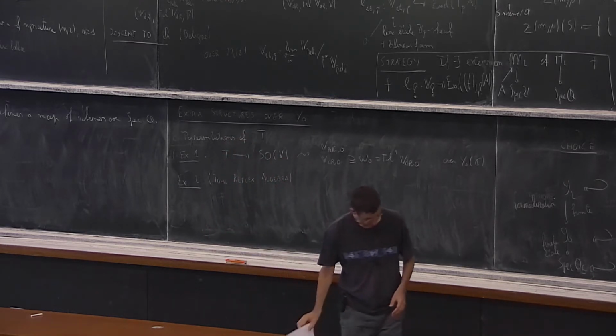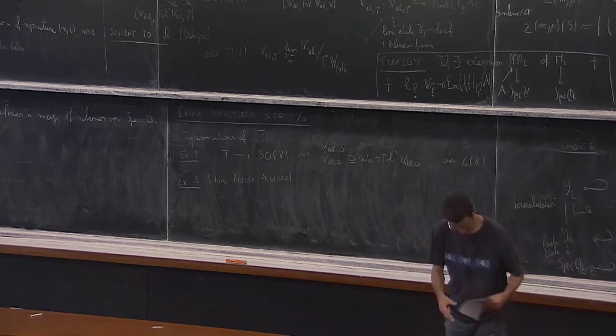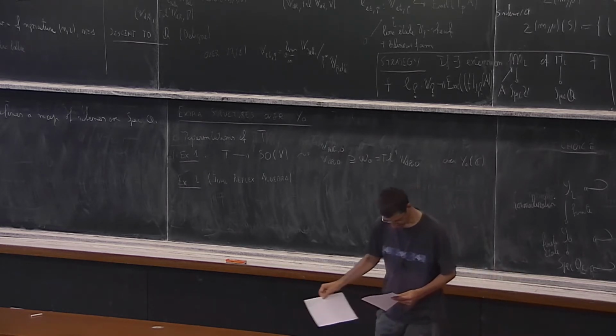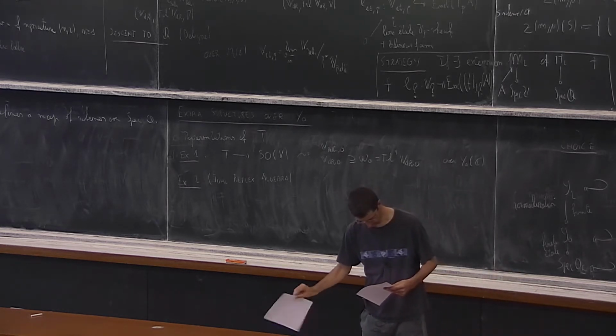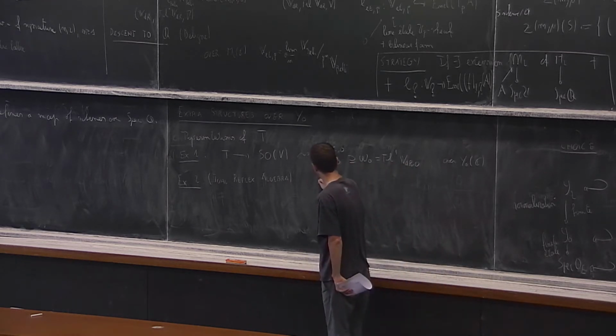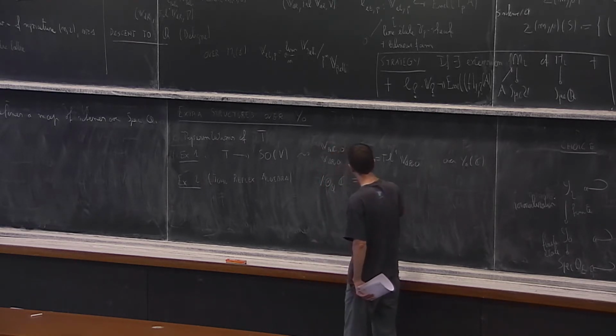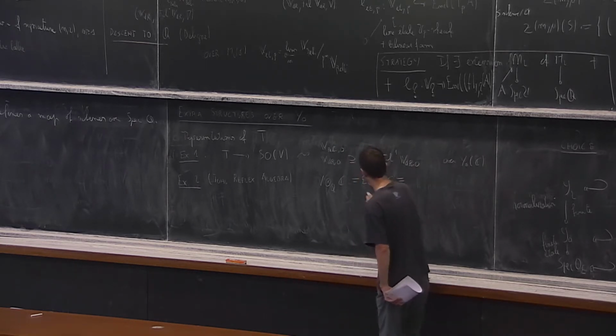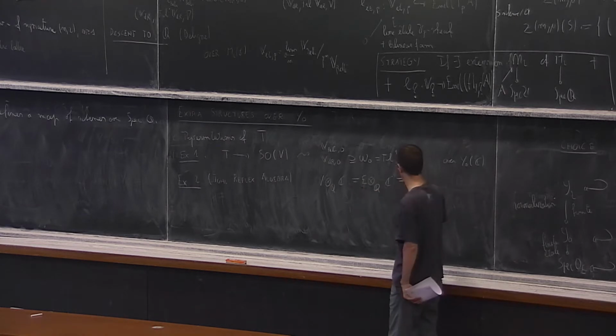So let me try to do the algebra right. Okay, so let's start with my V tensor QC. So this is simply E tensor QC. And now I can use the fact that this is a field to give a complete splitting